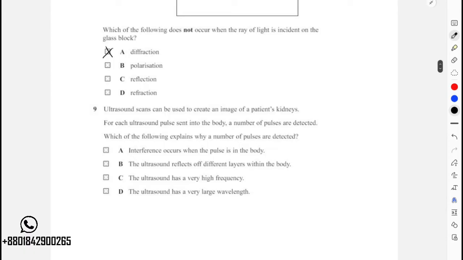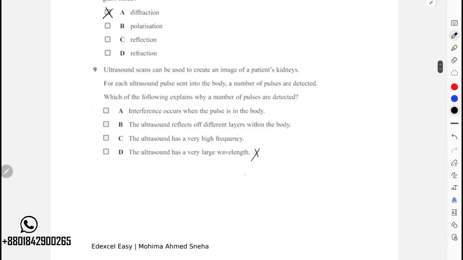Okay, ultrasound scan can be used to create an image of the patient's kidneys. For each ultrasound pulse sent into the body, a number of pulses are detected. Which of the following explains why a number of pulses are detected? Interference occurs when the pulse is in the body. The ultrasound reflects off different layers within the body. The ultrasound has a very high frequency. Ultrasound has a very large wavelength. Obviously, this is not the correct answer. Other than that,